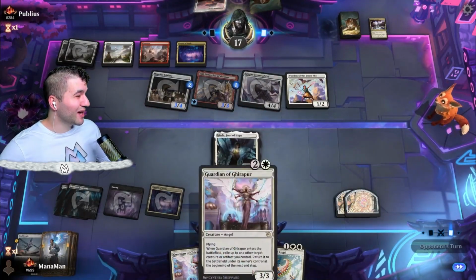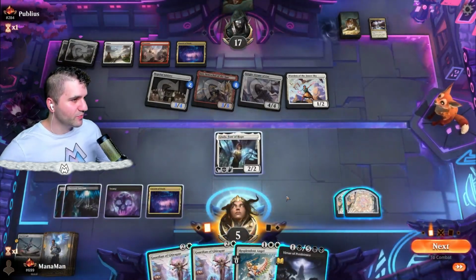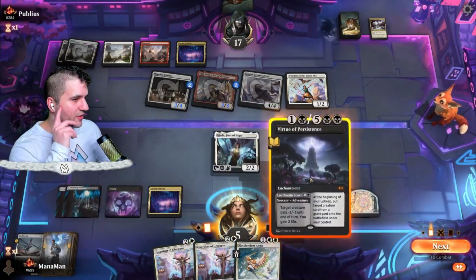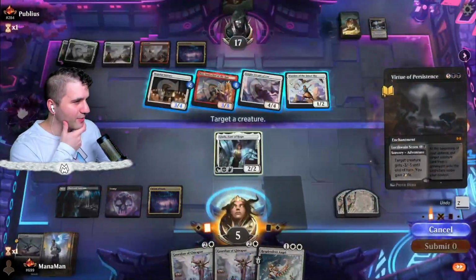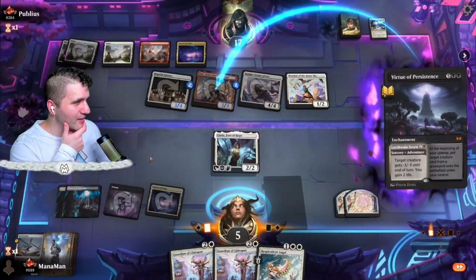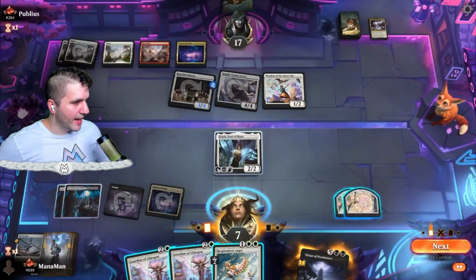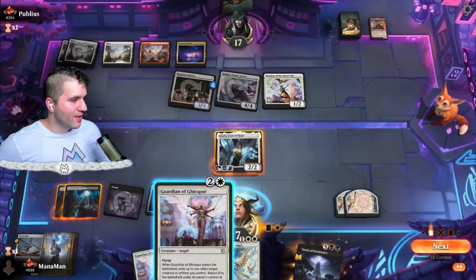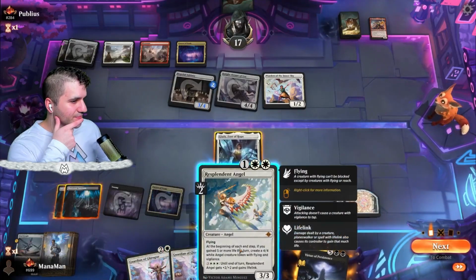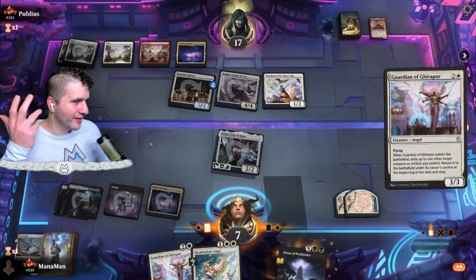If we draw into an untapped land, we can drop the... okay, well, okay, Virtual Persistence is decent. We just gotta get rid of the Seneschal of the Sun. Okay, at least that puts a little bit of hope on the board here. Get rid of you, gain a little bit of life. And let's... Resplendent Angel. I guess we'll just go ahead and do this. I guess I could have attacked first, but...